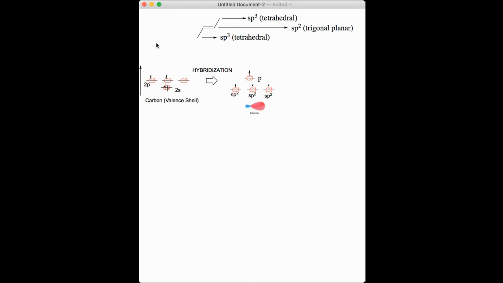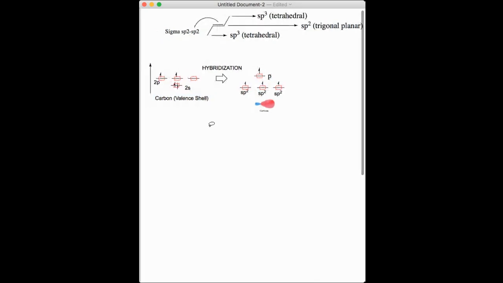That actually means that if I, once again, guys, look into the sigma bond here in between these two carbons, I'm going to say that's a sigma sp2 sp2, because each carbon will be using an sp2 hybrid orbital for the bonding. Okay, and then finally,